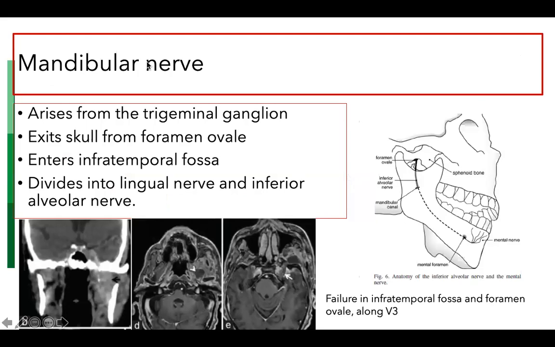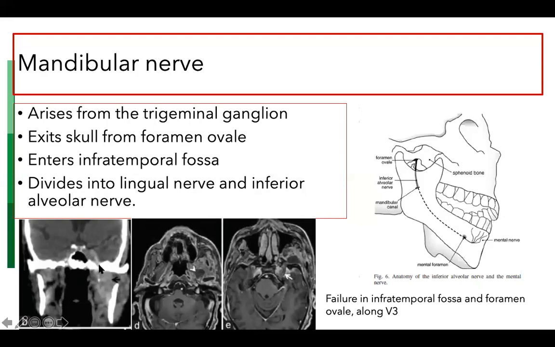Of course, we know that of the various buccoalveolar cancer subsites, which are buccal mucosa, gingivobuccal sulcus, alveolus, and retromolar trigone, the lower gingivobuccal sulcus is the most common site of disease, and this is where we have to track and trace the mandibular nerve, especially if the mandible is involved. It arises from the trigeminal ganglia, exits from the foramen ovale into the infratemporal fossa, and then divides into the lingual and the inferior alveolar nerve.